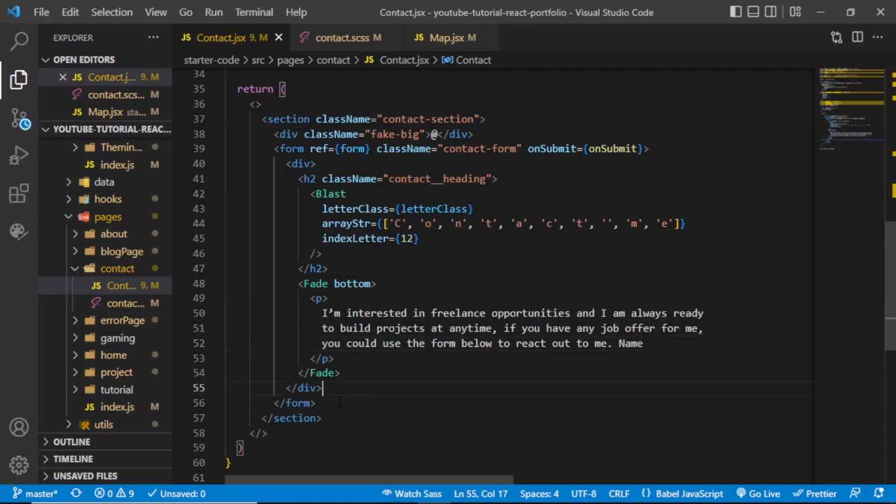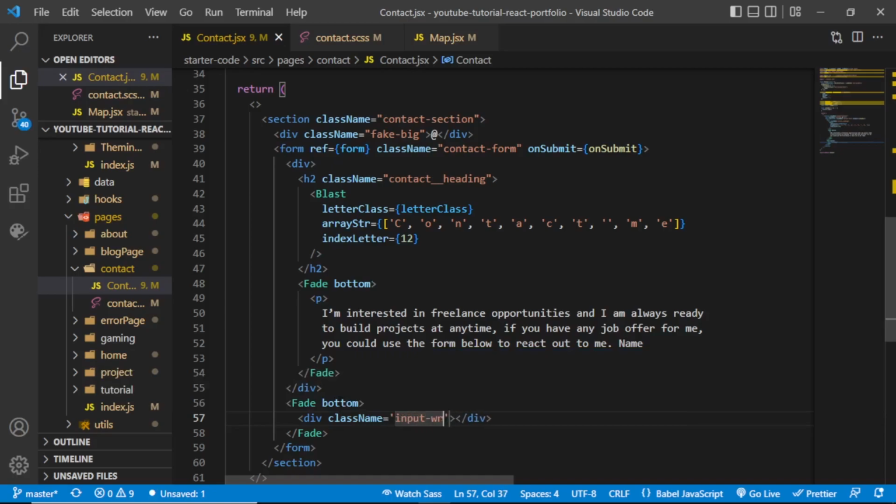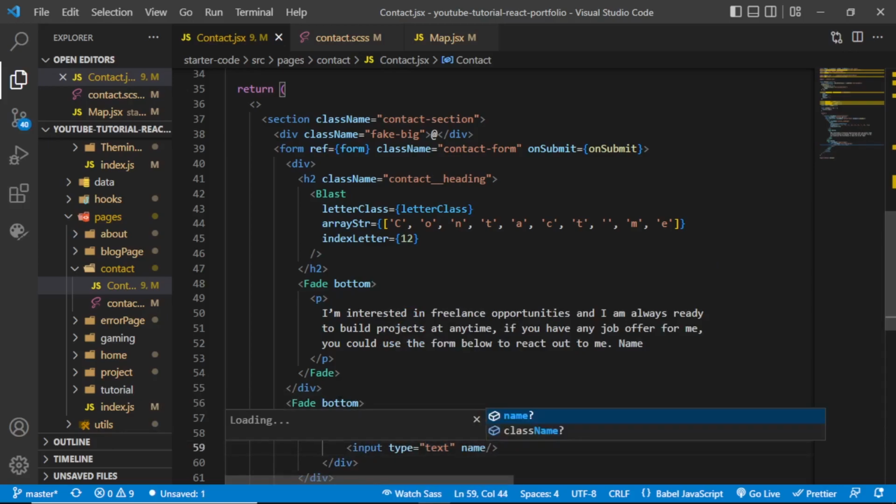So right after this div, I'll go with another fade. And this item is also going to fade from the bottom. And in here, I want to go with another div. It's going to have the class name of input-wrapper. And inside this div, I'll write another div. It's going to have a class name of form-input-group. Okay, so inside this div, I'll go with the input tag, and it's going to have the name of